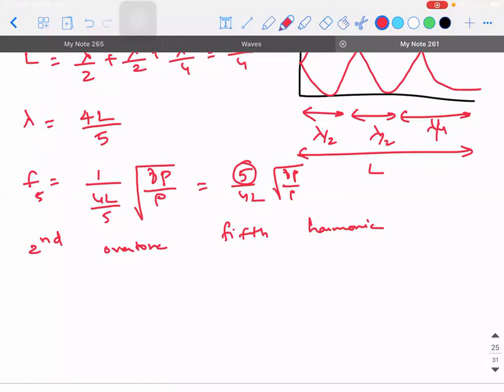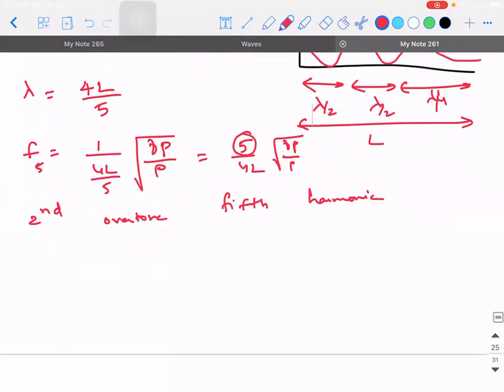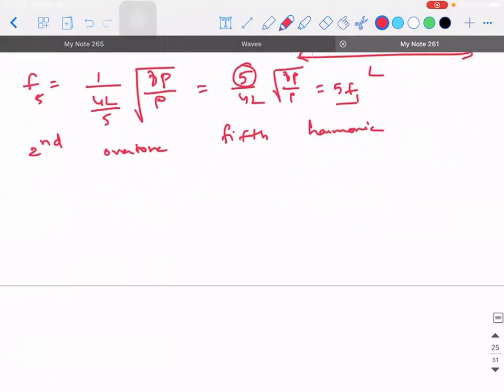An important point to be noted in the case of a closed organ pipe is that you can never have even harmonics; rather, you will have only odd harmonics. So this is a very, very important point in this case. So this would be 5 times the fundamental frequency. Like this, if I keep on writing,